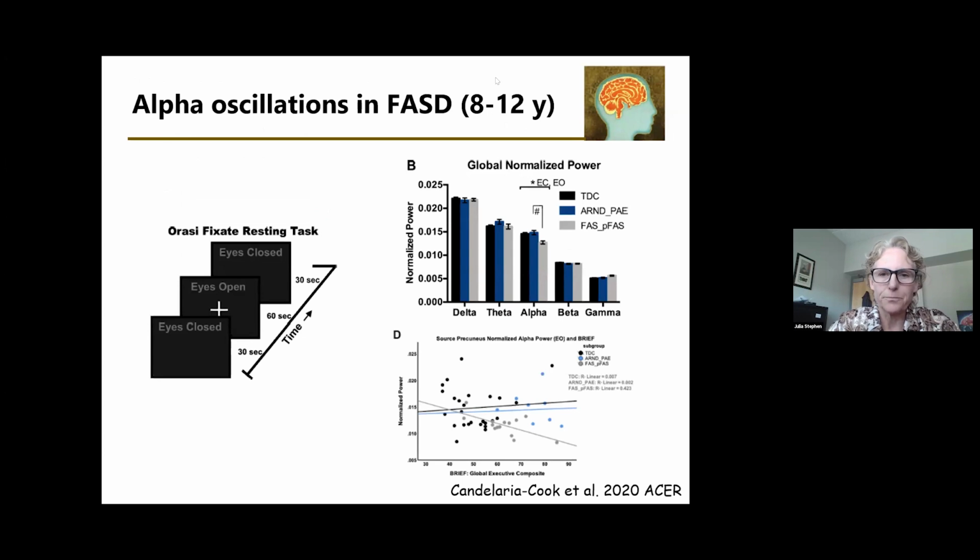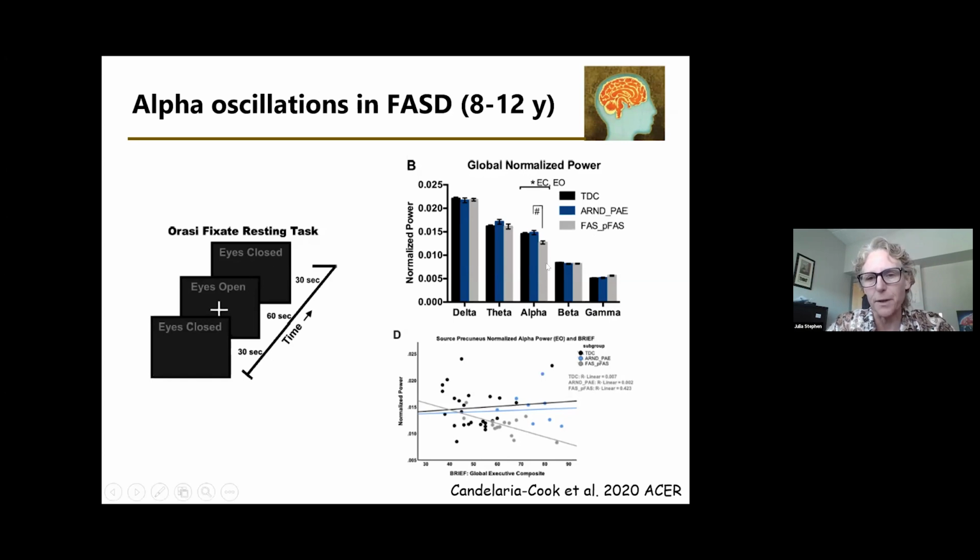So this is now a study in 8 to 12-year-olds, looking at the same different frequency bands. You can see that now the FASD group is broken up into 2 subgroups. The ARND, which is alcohol-related neurodevelopmental disorder, and then the gray is the kids with fetal alcohol syndrome or partial fetal alcohol syndrome. And it's quite different than what we saw at 6 months of age because mostly there